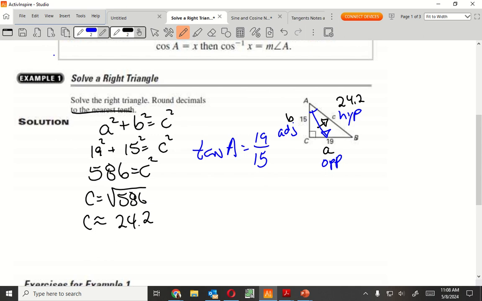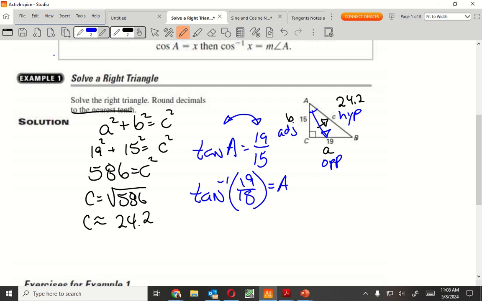So now this is the step. This is the new thing that we're doing here today. So if I'm looking for the angle, I need to do the inverse. Right here, I'm looking for the angle, so I'm going to do the inverse. What that does is it switches that and that. So it's going to be inverse tangent, 19 over 15